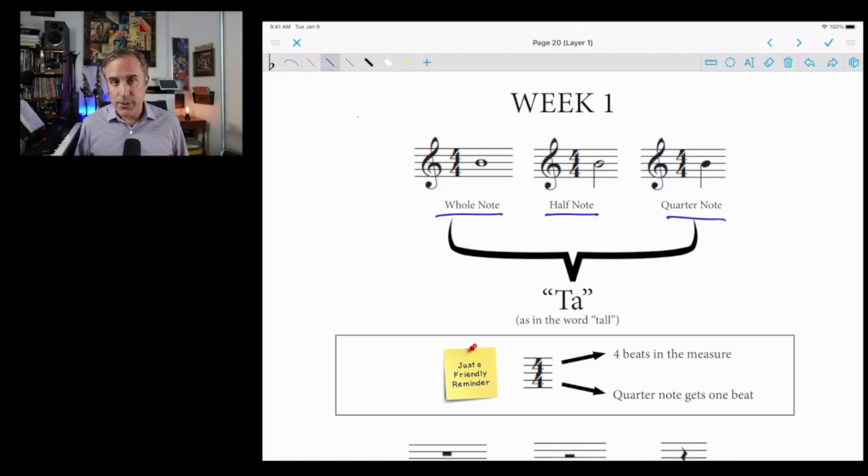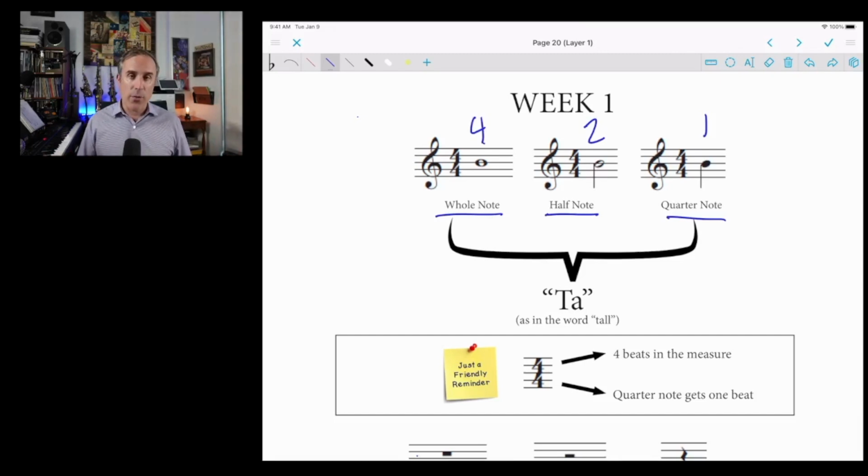The notes that we'll be going over in week 1 are the quarter note, the half note, and the whole note. A quarter note, as we just mentioned in 4/4 time, receives 1 beat. A half note, a longer duration and twice as long as a quarter note, receives 2 beats. A whole note, twice as long as a half note, receives 4 beats,